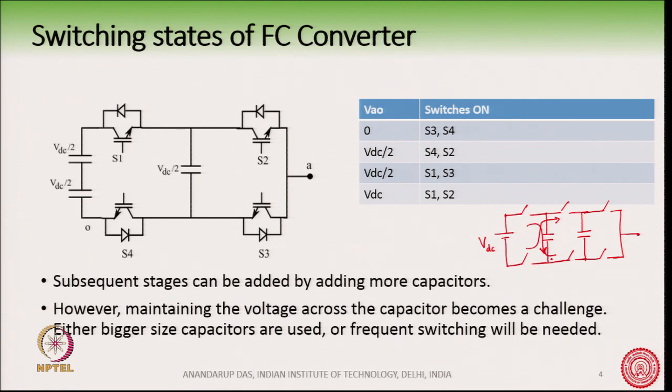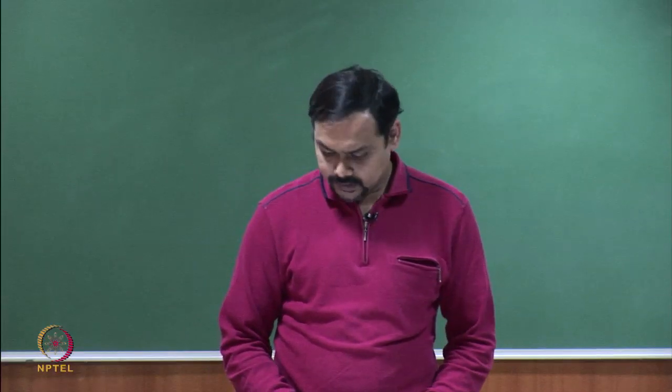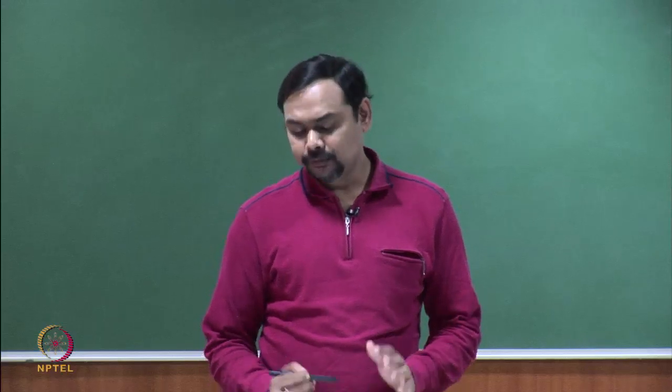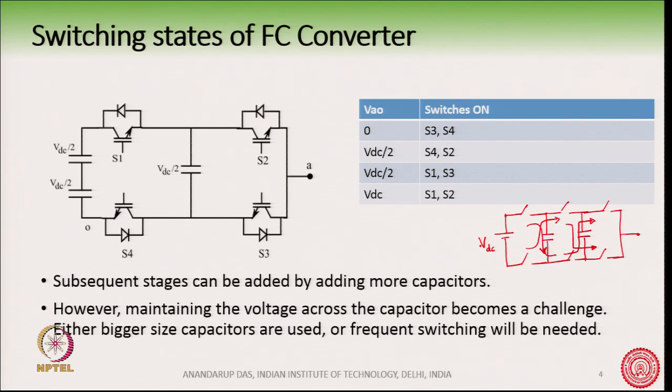In a similar way, for this capacitor you can allow the current to flow this way, or this way here. So, now you can see that using these combinations of switches, we can charge or discharge the capacitor. And you can have several such stages. One advantage of this topology is that you have a single DC link, and you are creating more levels by introducing these capacitors. So, it was commercially implemented by one manufacturer. However, there is a drawback,